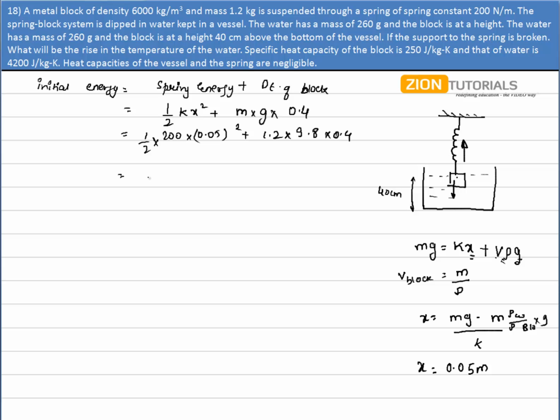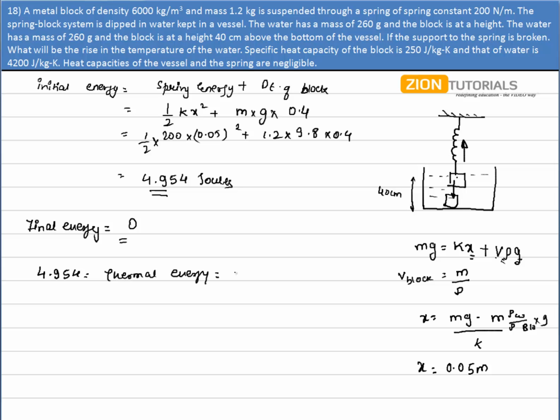So the initial energy comes out to be 4.954 joules, and the final energy will be equal to 0 because the block will come to the ground, so h will be 0, and the spring is also cut, so extension is 0. Now this energy 4.954 minus final energy, that is 0, will be totally converted into thermal energy. So 4.954 is equal to the thermal energy,